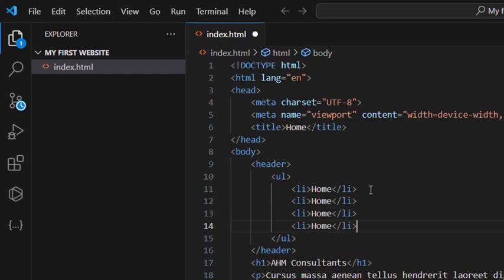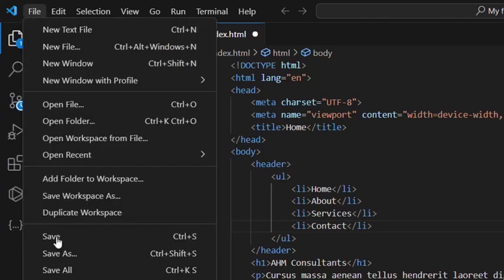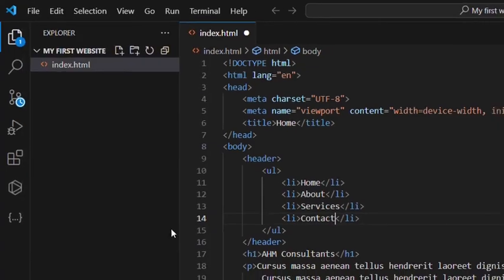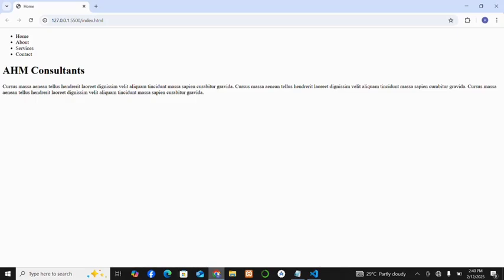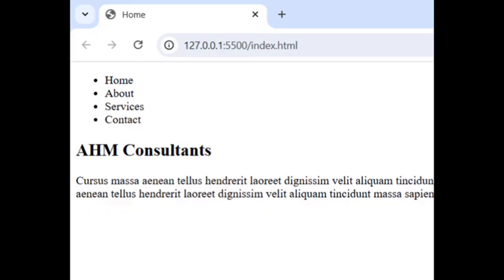And I'll start renaming. The second one, I'll name it About. This is the link for the about page. And then we have Services, and the last one will be for Contact. So again, click save, or just hit the Ctrl+S shortcut key to save the file. And your website should have a navigation menu. Currently, it doesn't look that interesting, but when we apply CSS, everything will start to look visually appealing